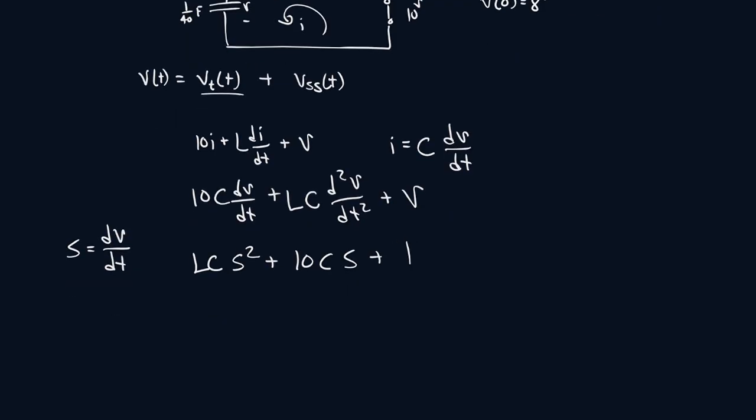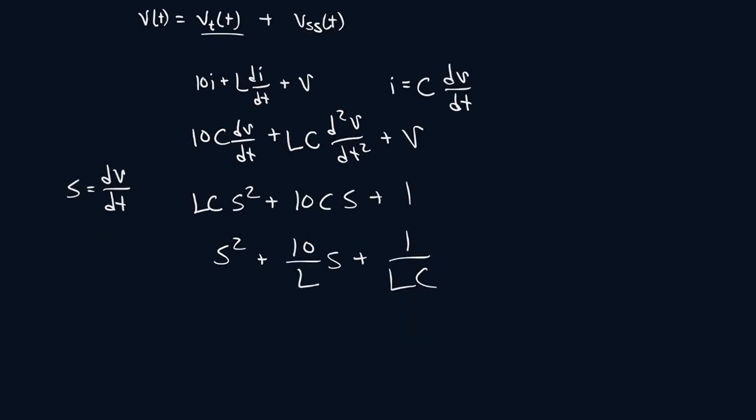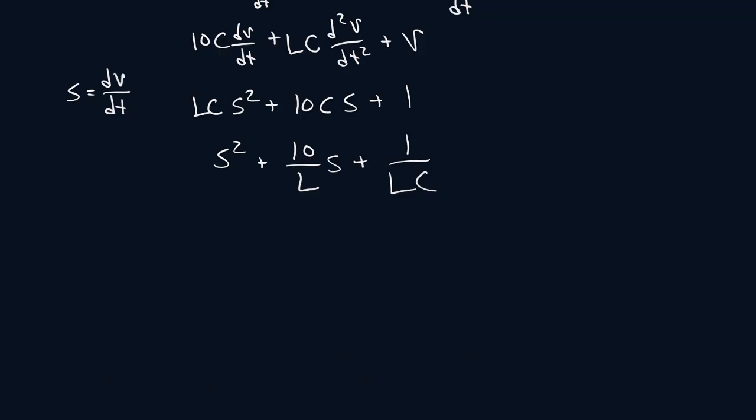Now divide everything by LC. So it'll be S squared plus 10 over L times S plus 1 over LC. Obviously the C's will cancel out for this one. Now we could do the quadratic formula, but we do know that